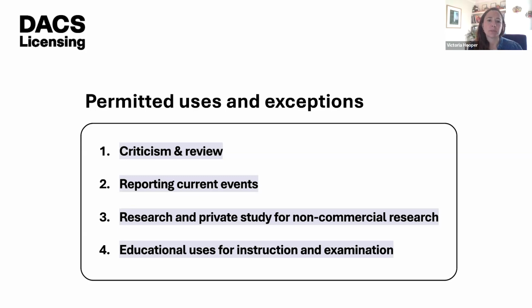Another exception is reporting current events. So this exception can apply when the artistic work has been reproduced, whether in print, broadcast, or online, and for the specific purpose of reporting on events of national political importance. It's important to note at this point that the event has to be current, so if it deals with a contemporary issue. Also, this exception is quite unique in the sense that it doesn't apply to photographs, so they are not covered as part of this exception. This is for works of art.